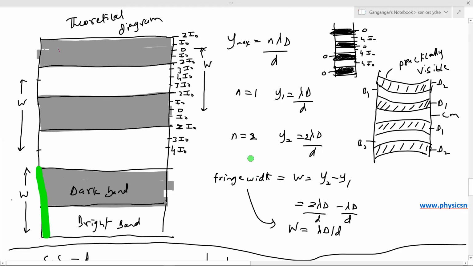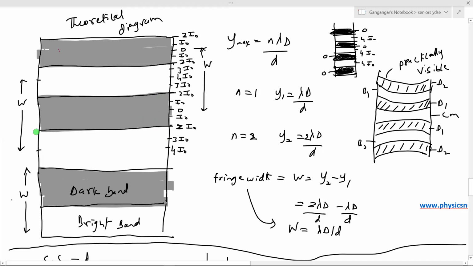How do we calculate that fringe width? We know y max equals nD. Put n equal to 1. Put n equal to 2. Take the difference, y2 minus y1. Solve it, and we get the expression for fringe width. So the fringe width is given by the formula lambda capital D by small d. So if you look at the